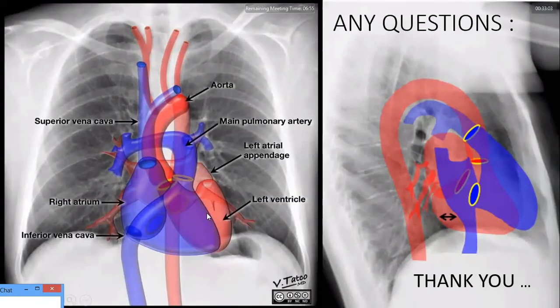Now, these are the pictorial depiction of the summary of our lecture. This is the PA view, and this is the lateral view of the chest and the heart. So let's revise the chambers of the heart and the great vessels. Always be precise about the location of the chambers and great vessels, and only then will you be able to discover the pathologies. The pathology we will probably discuss in further classes. These are not very essential in the radiology section, but they are very essential in the medicine classes. We will follow in the next session or in practical classes if needed. So let's have a revision.